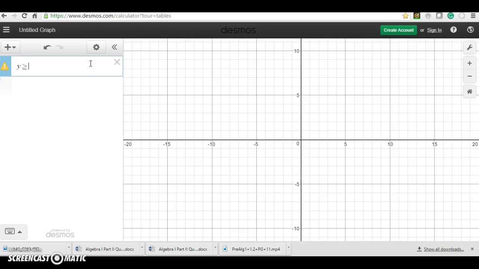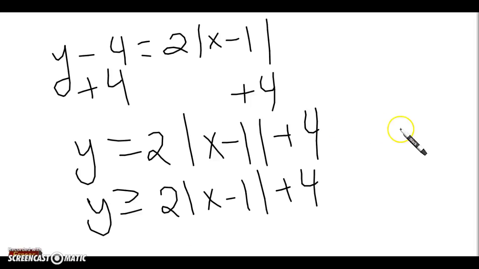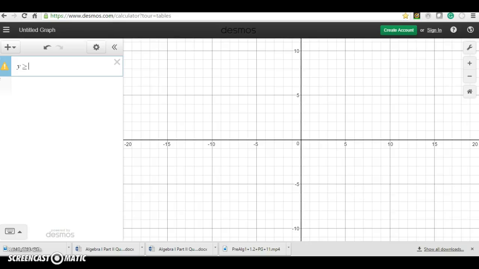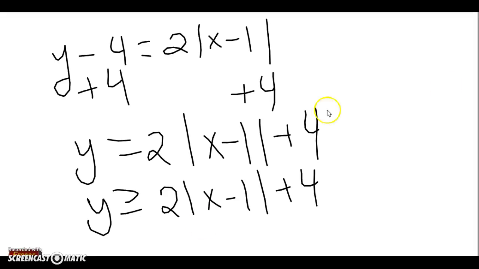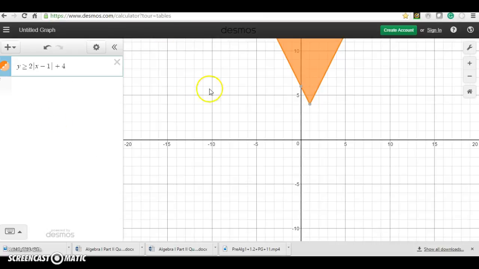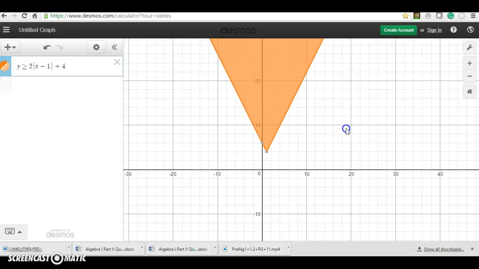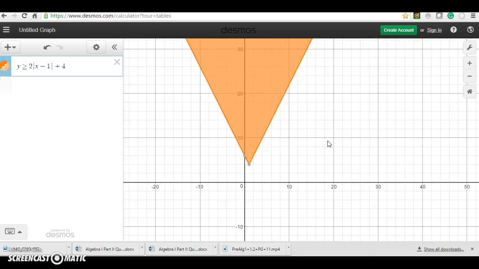There it comes up, and then I have, sorry, wrong one, 2 times the absolute value. So 2 times the absolute value of x minus 1 plus 4, I believe it was. Yep, plus 4. Alright, so there's my graph. Let me zoom out just a little bit so you can see it a little bit better. And there's what it looks like, solid, greater than. And I hope that this